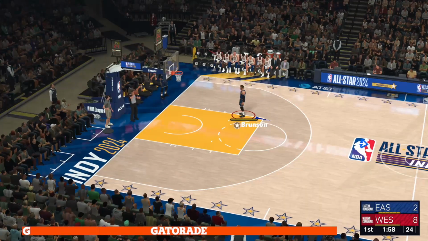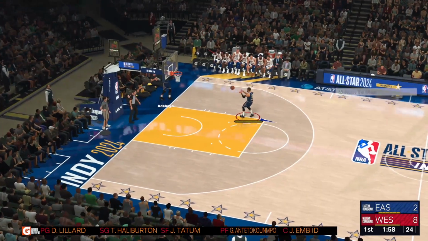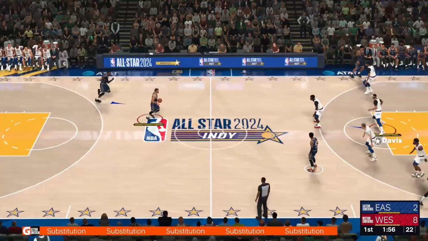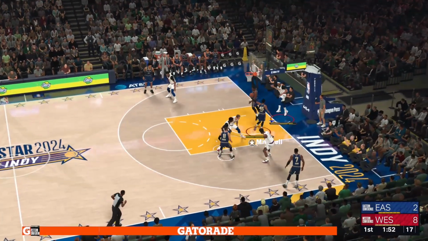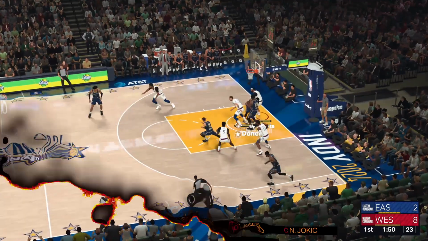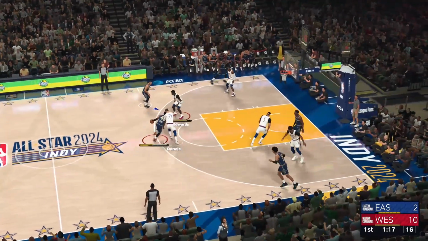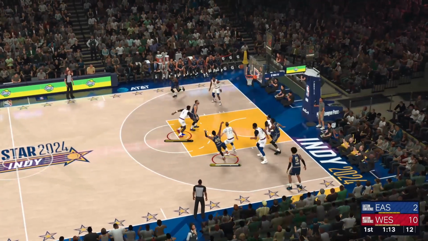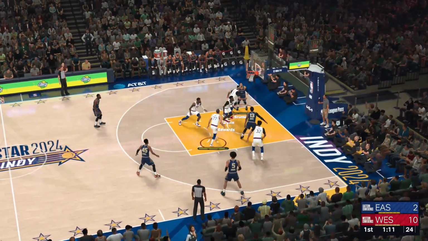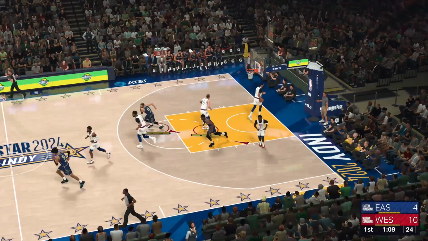And a new group now for the West. Anthony Davis is checked in for Jokic. Karl-Anthony Towns comes in for LeBron. Paul George is checked in for Kevin Durant. And it's Edwards in for Gilgeous-Alexander. Nice fake to regain some confidence. Here's Mitchell. The putback controls the rebound and puts it back up and in.